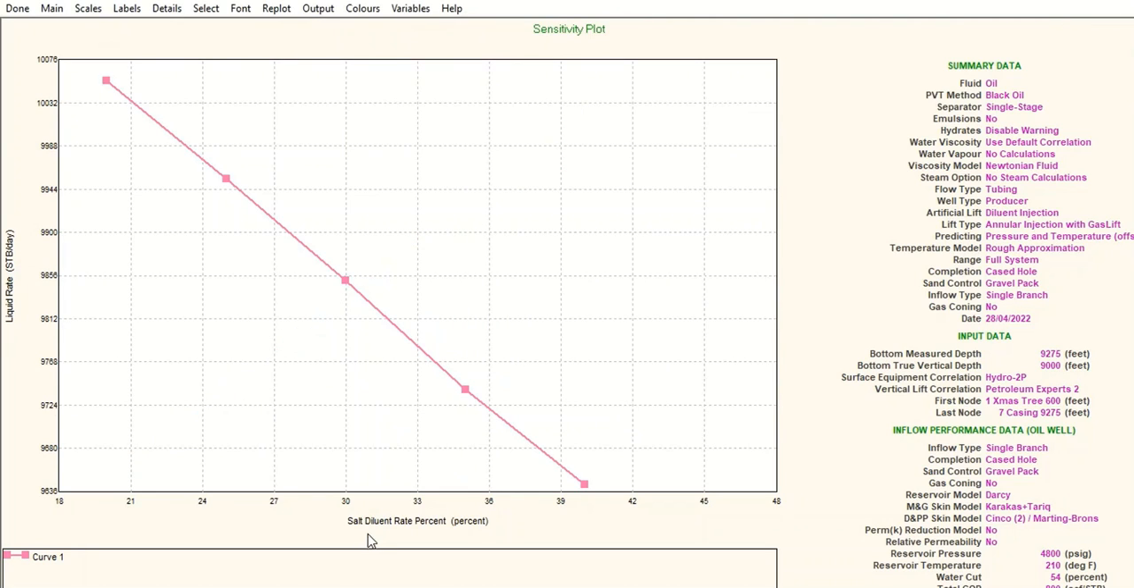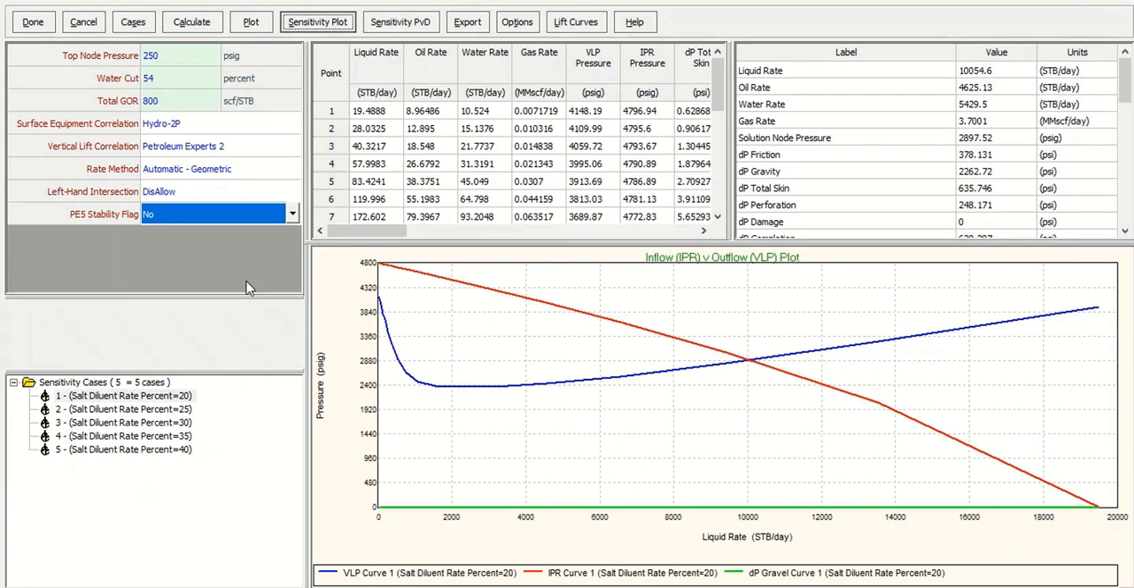So if you increase the diluent rate or increase the diluent rate percentage, your total liquid rate will decrease because now the fluid is heavier to be lifted. That's why we provide gas lift to make the fluid lighter. Okay, so click finish. Now in cases, we add